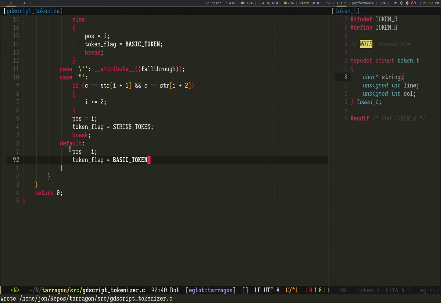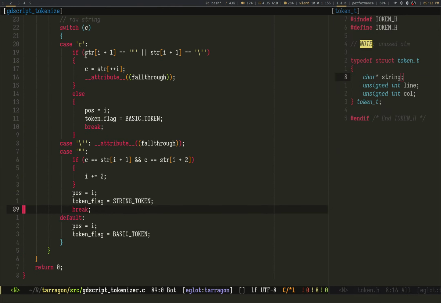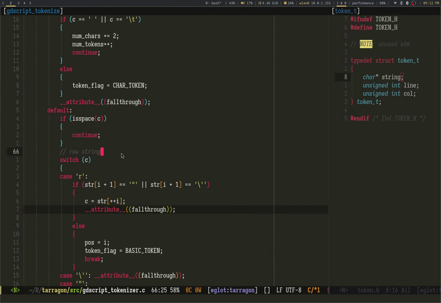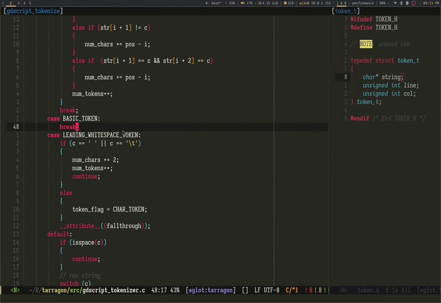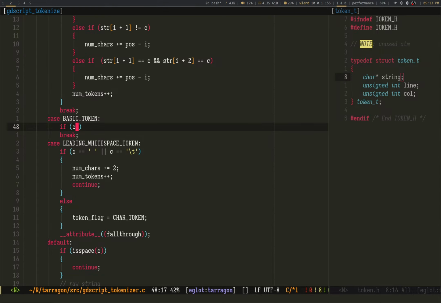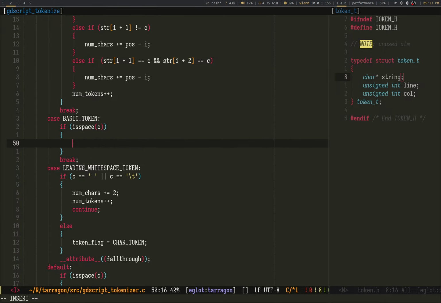And what's nice about this is just start counting and you don't sweat it. I might be missing something, but I think that's good. All right, basic token. Easy. C is space, end of token.